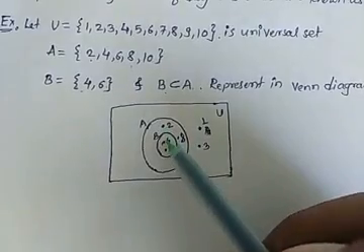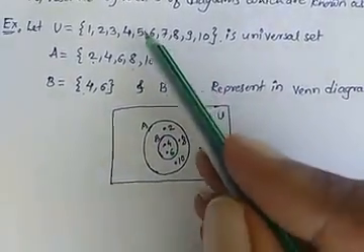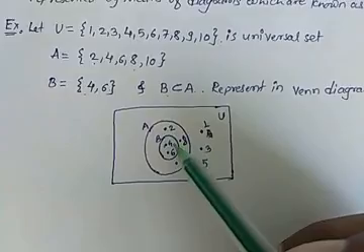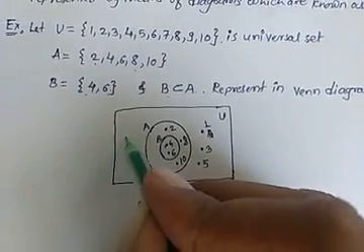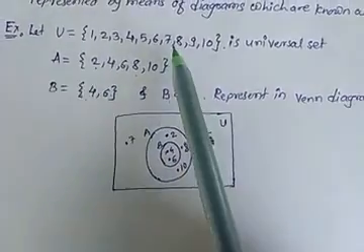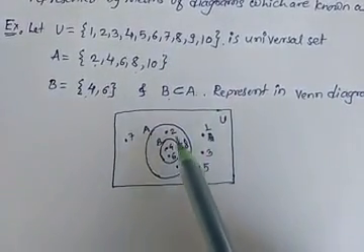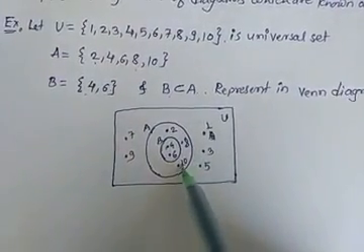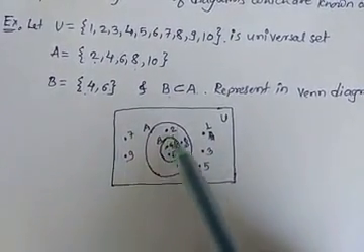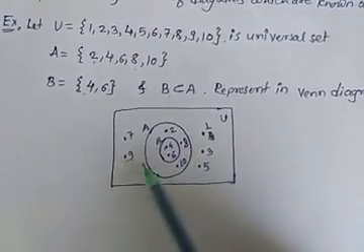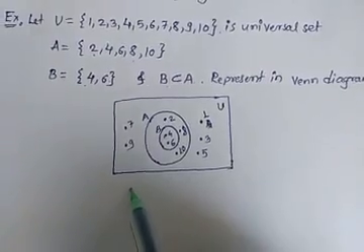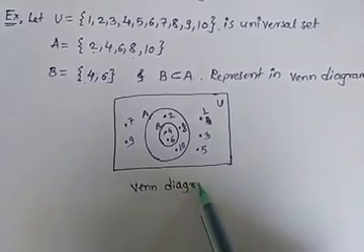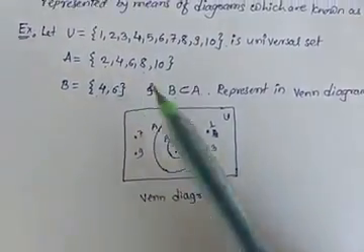Next, 4 is represented inside the sets A and B. Next element is 5. Next, 6 is present in this. Next it is 7. Next, 8 is present in this set. Next it will be 9, and last, 10 is present in A, so we don't represent it outside the set A. This representation is our Venn diagram for the given example.